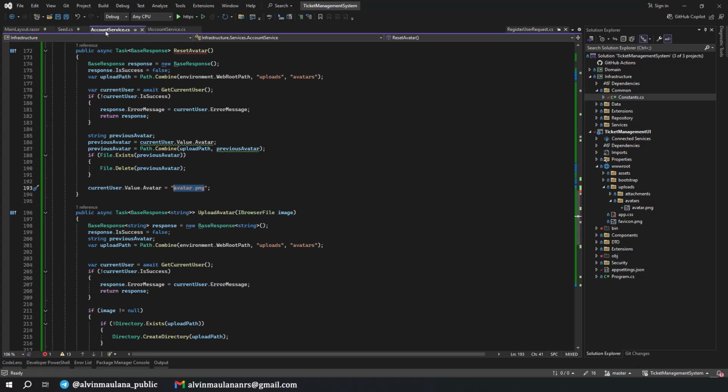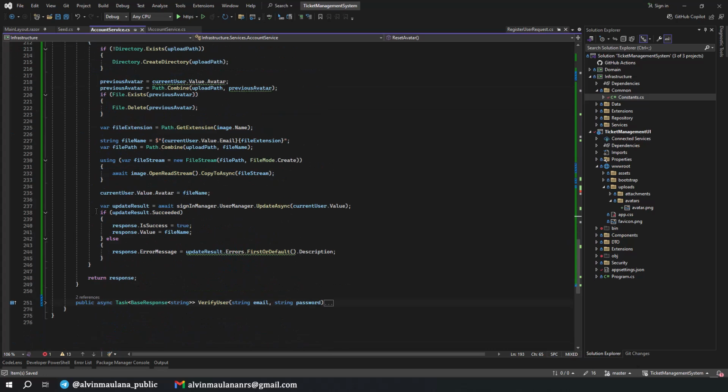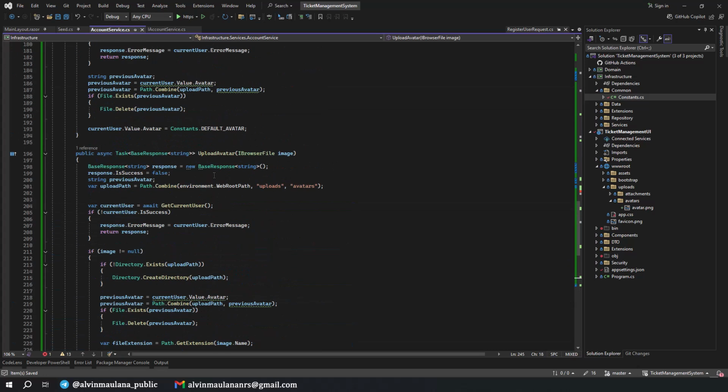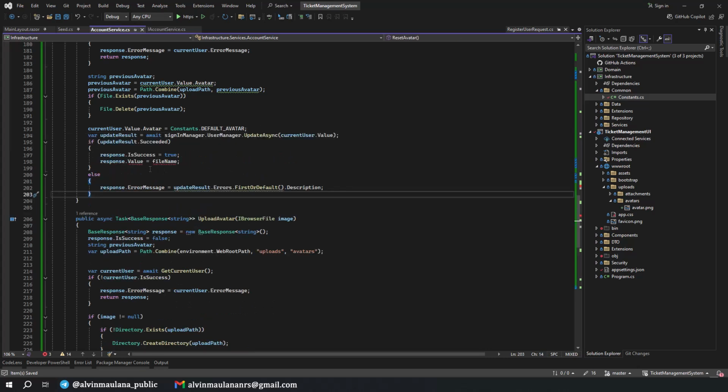So we can just reference it from this one. Where is it? AccountServiceConstants.DefaultAvatar, and then we need to update the database again. I think we can just copy from here and paste the value here.